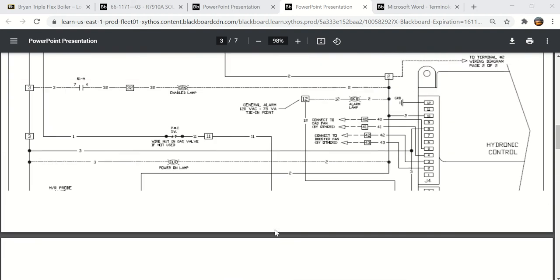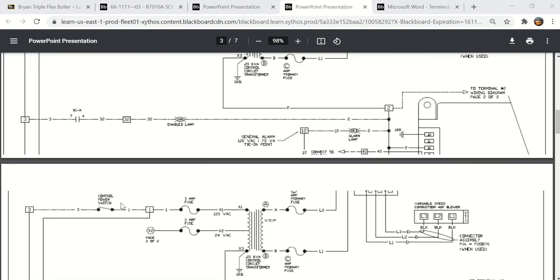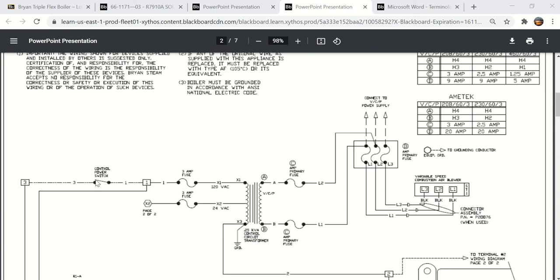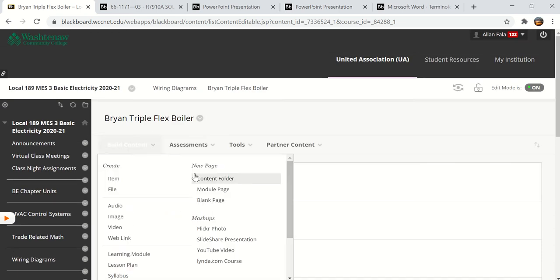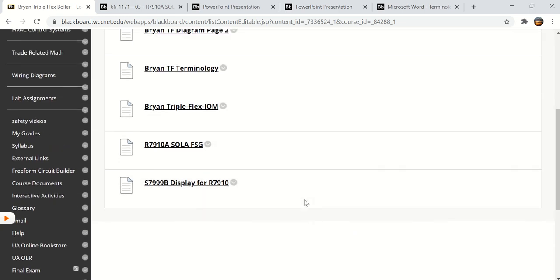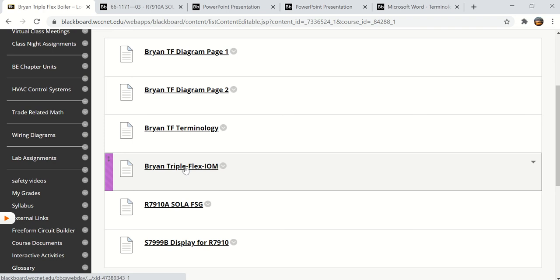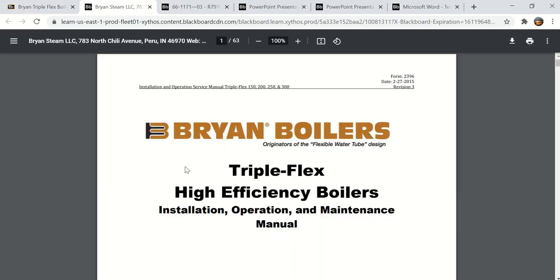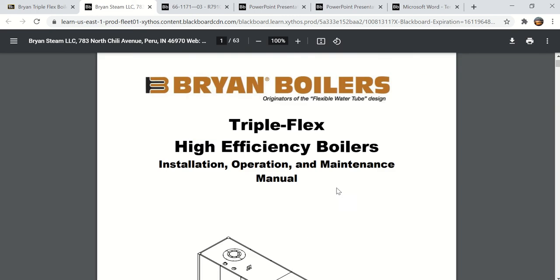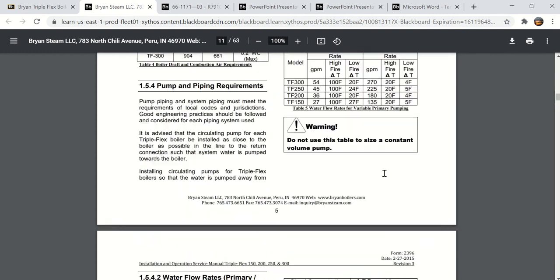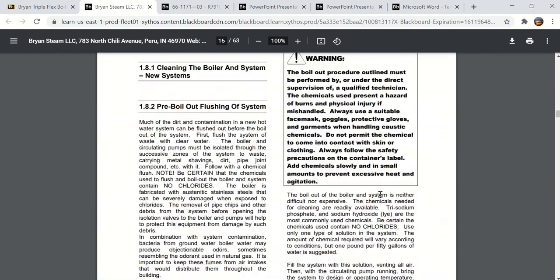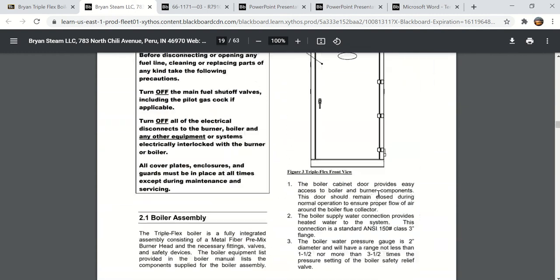So I'll scroll back up, and I want to show you where the control panel is in your menu items for the triple flex boiler. Here is the triple flex IOM, installation, operation, and maintenance manual. And I made a note here that on page 19 is where you will find the control panel. So right here,